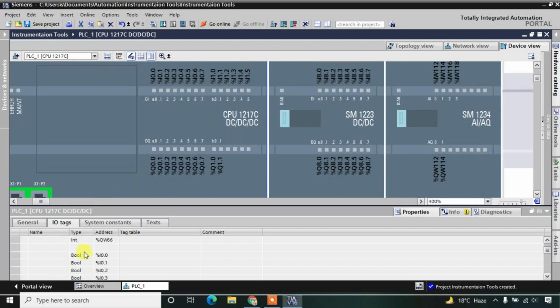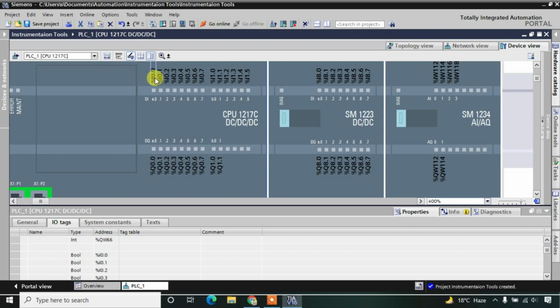Okay, so here if you observe, these are our digital inputs. I is basically for inputs. I defines the identifier of the module, which helps us identify whether it is input or output. Here the identifier Q is the output. So these are the digital outputs and these are the digital inputs. Here we have the addresses of each and every input and output.